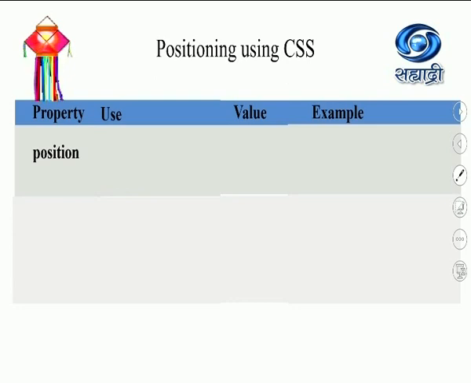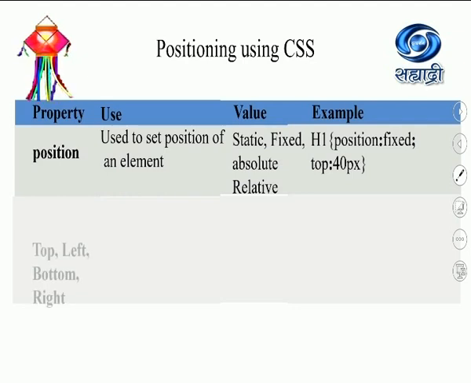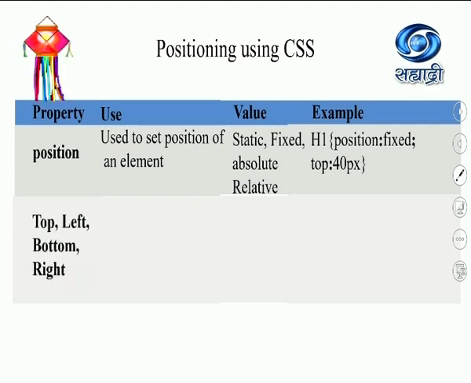The first property is obviously the position property. How to make use of that? You have to make use of it by specifying the values static, fixed, absolute and relative. Students, do remember these values for the position property for the online examination multiple choice questions. So if I specify position fixed, I can specify that H1 should appear from top, it should leave 40 pixels, by specifying this example. Students, we will see the example demo for the position.